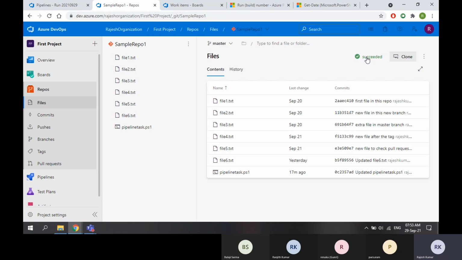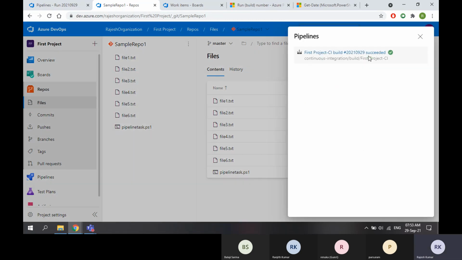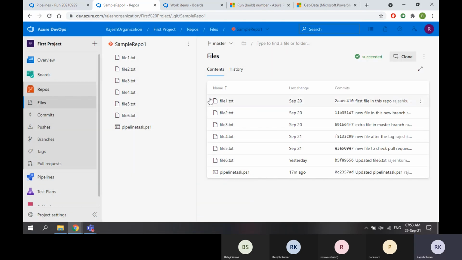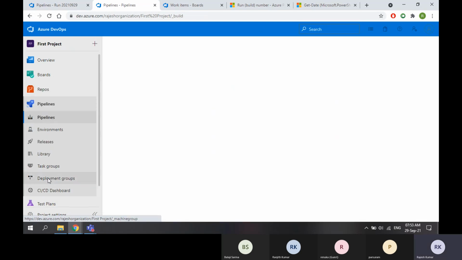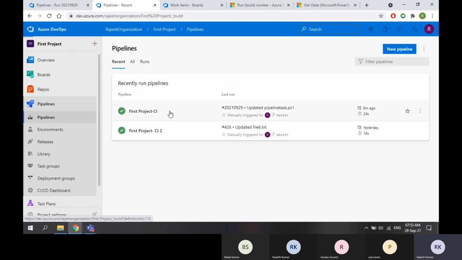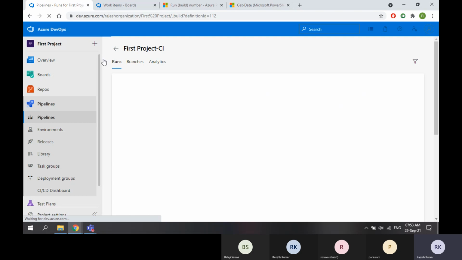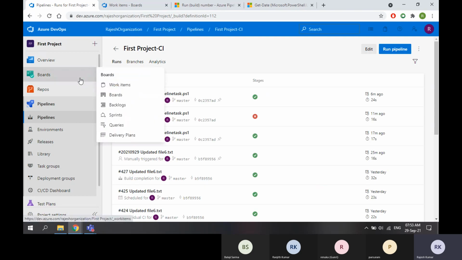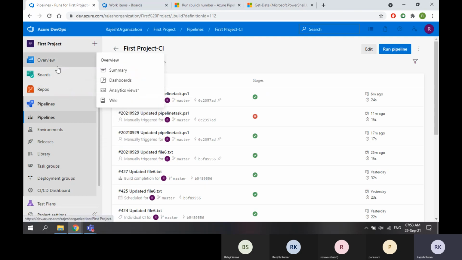If I click on this, see, this is nothing but the link to the build. So on repos also we have build status. Now in pipelines, we are in pipeline status. This is how every service is connected. Every section is connected with other sections.